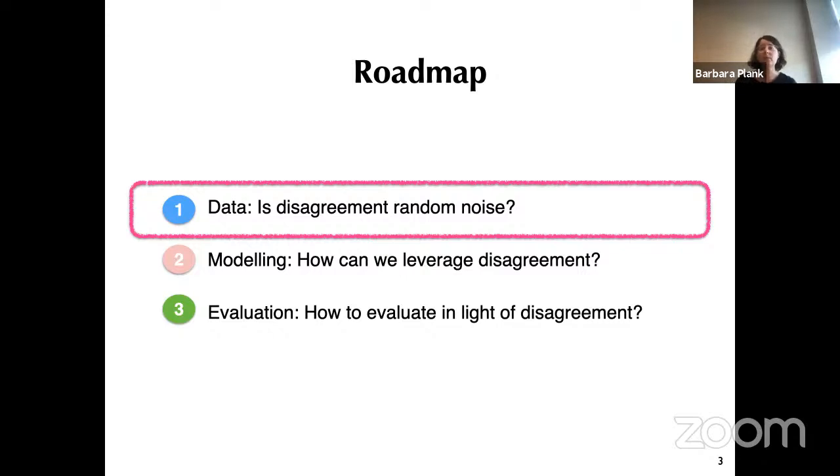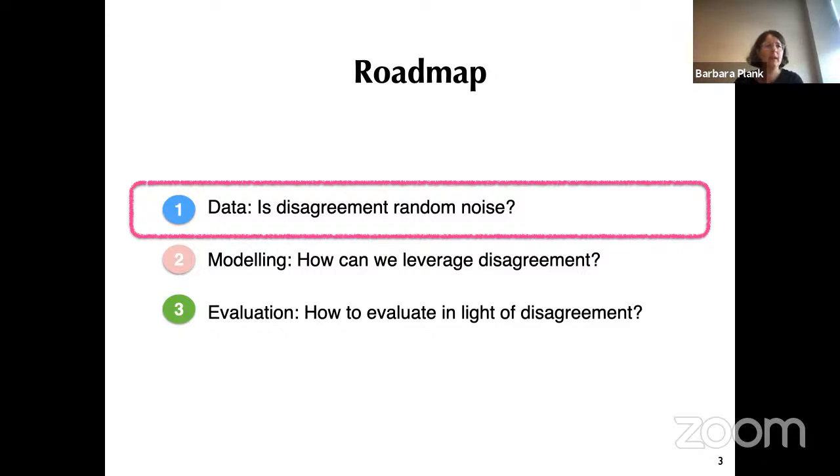In the second part of the talk, I would like to go into summarizing what has been done on modeling disagreement, or how we can actually leverage disagreement, and show you also one recent case study that we have been doing, proposing one new way of using disagreement.